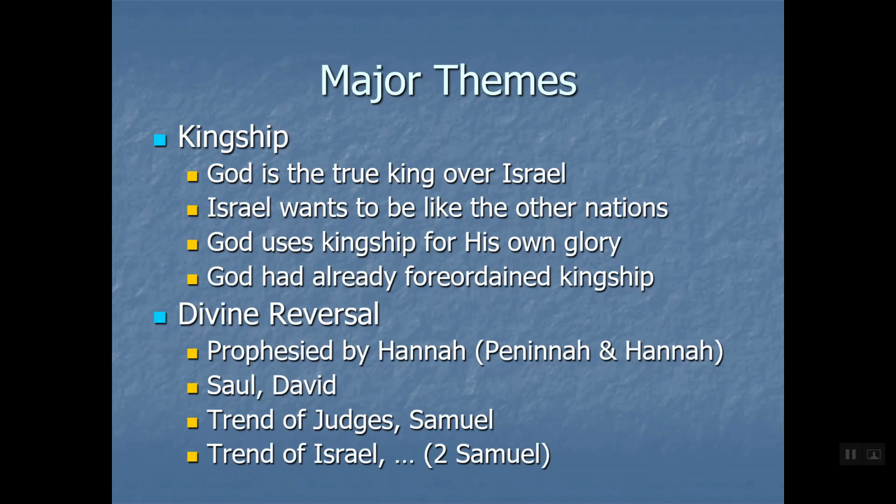So again, I mentioned the trend, and 2 Samuel is going to be completely opposite. Israel's going to hit their heyday. You don't think about it, you think about Egypt and Assyria and Babylon and Greece. Israel for a very short time looked like that under Solomon. They were a massively important kingdom. People were coming to them from Egypt to hear about them. So this is the beginning of that reversal.